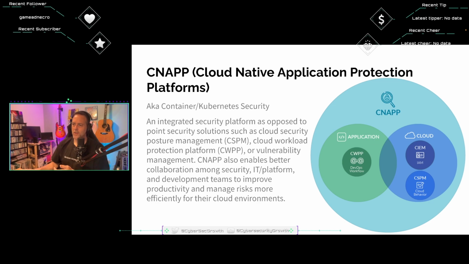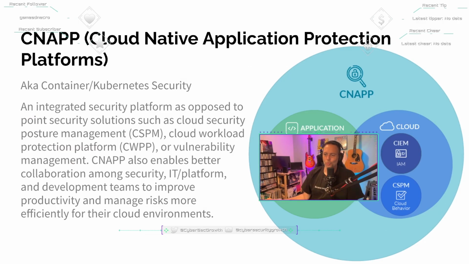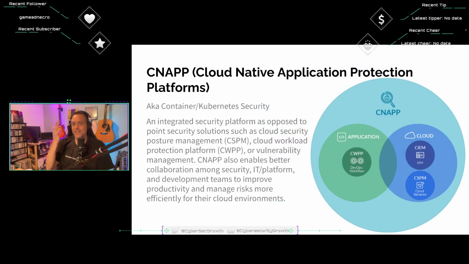So what do I think of this? I think there's way too many acronyms in the cloud security space. And this acronym, CNAPP, is a tool that's bringing a bunch of solutions together. CWPP, CIEM, we mentioned that early on before. We'll dig into that a little bit more now. And CSPM. According to the visual here, the CIEM is the identity and access management piece of cloud identity access management. CSPM is cloud configurations. CWPP is looking inside your containers, finding vulnerabilities in your containers, finding configurations, and being part of your operations, your product operations, your DevOps